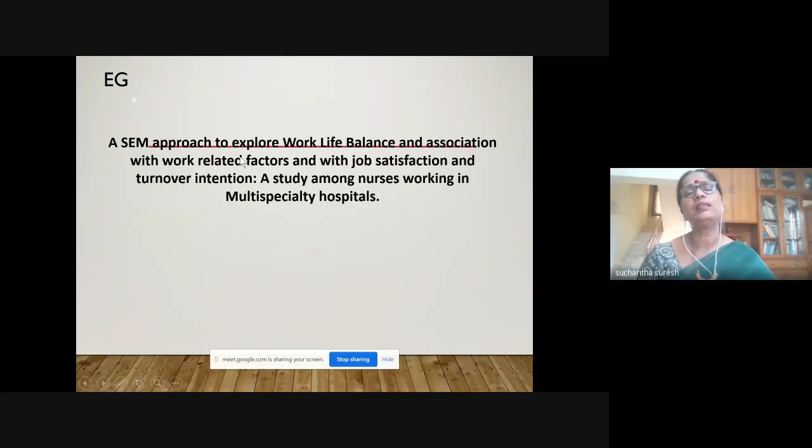See, my study is an SEM approach to explore work-life balance and its association with work-related factors and with job satisfaction and intention. There are so many things in the title itself, and it is a study among nurses working in a specialty hospital. If it is a thesis, we can just say work-life balance and its relation with work-related factors and then the behavioral outcome of the employees. We can say that, but here the title